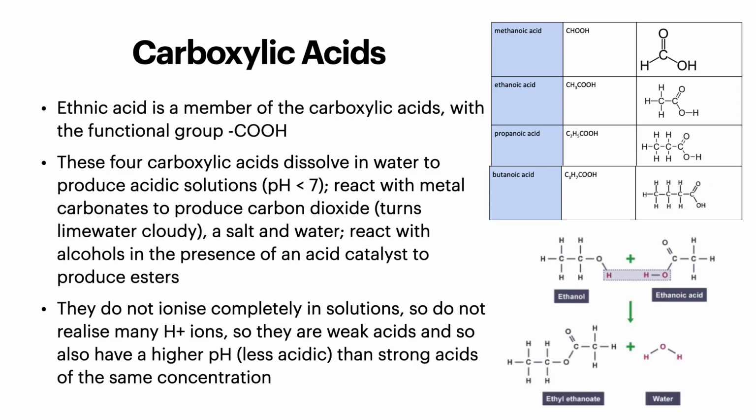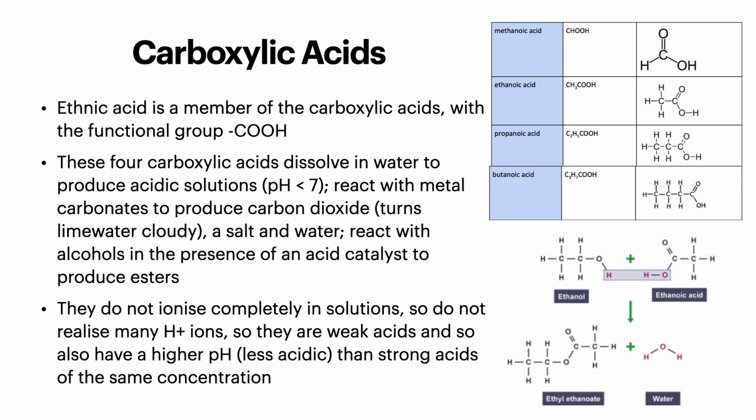Then we have carboxylic acids. Ethanoic acid is a member of the carboxylic acids, with the functional group COOH. These carboxylic acids dissolve in water to produce acidic solutions, so a pH less than 7, and react with metal carbonates to produce carbon dioxide, turning lime water cloudy, a salt and water. And it also reacts with alcohols in the presence of an acid catalyst